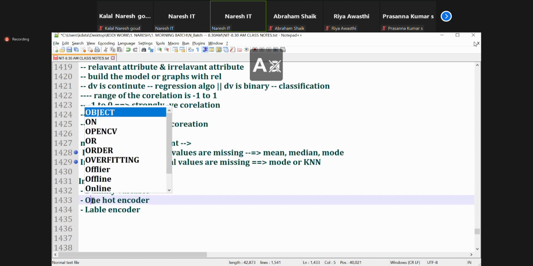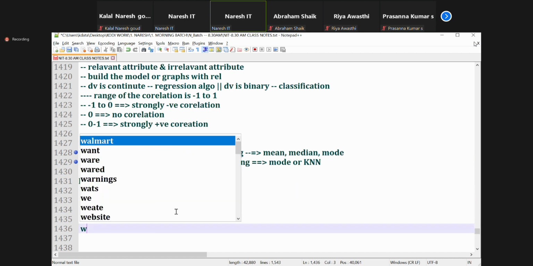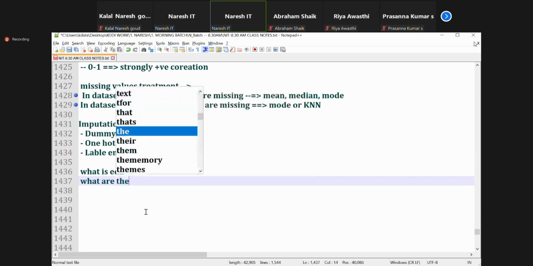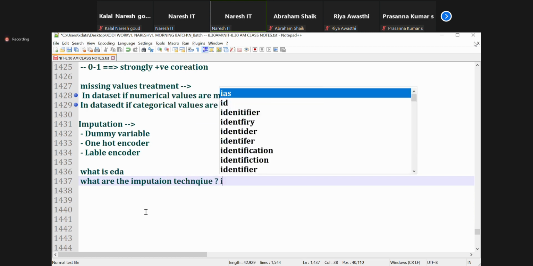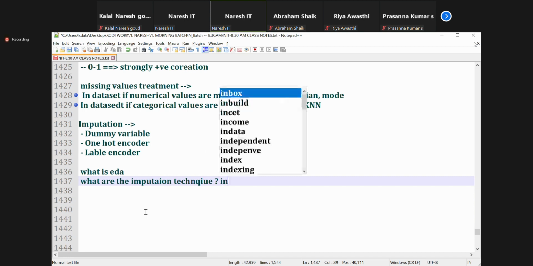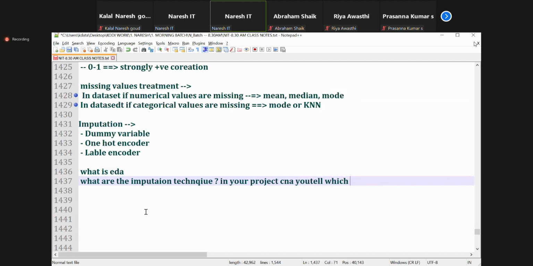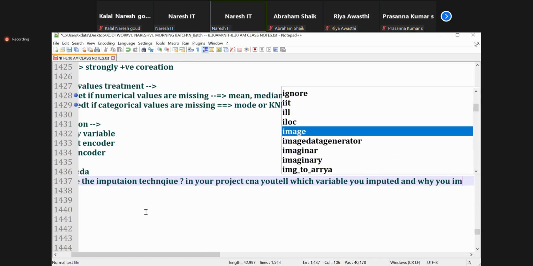Now, practically, out of 10 interview questions, you might encounter one or two about these. What is EDA? What are the imputation techniques? If you say you worked on data science projects, they will ask, in your projects, can you tell me which variables you imputed and why you imputed?